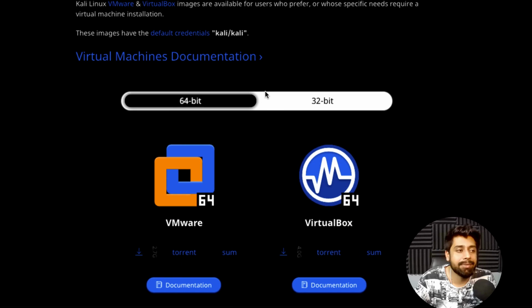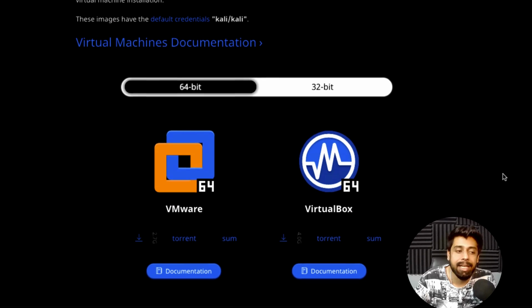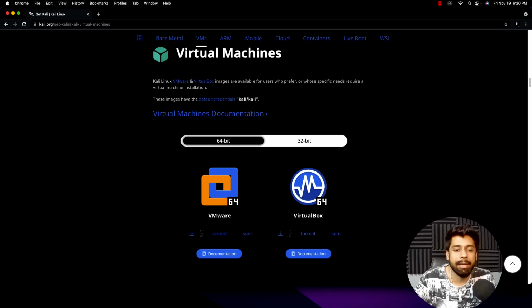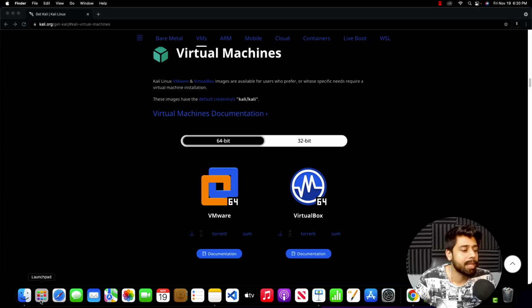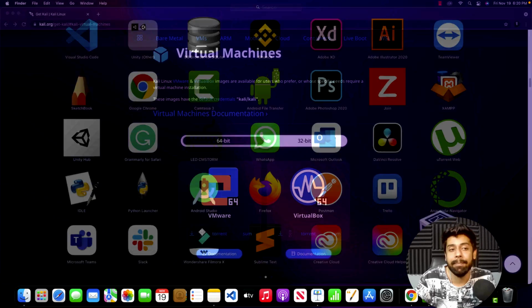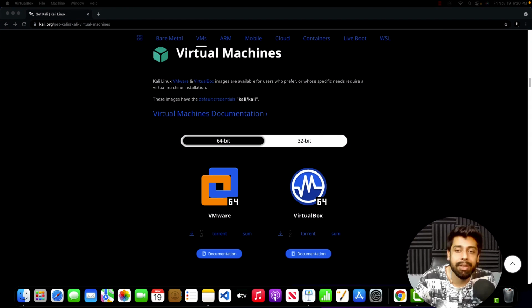You have other options as well. For example, for the virtual machines, you can directly install this file for the VirtualBox, which will come in the OVA file or maybe the .vbox file, which will save a ton of your time. For example, let me go ahead in the launcher and I'll show you how you can directly import the virtual machines very easily, which is going to save a lot of your time